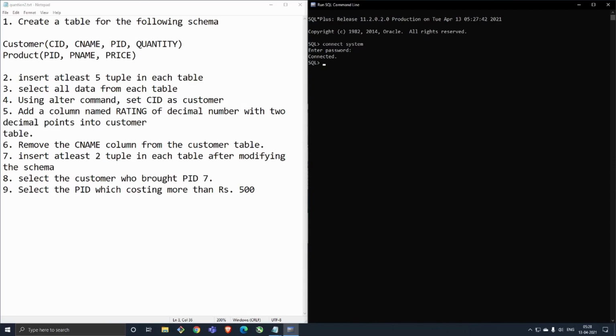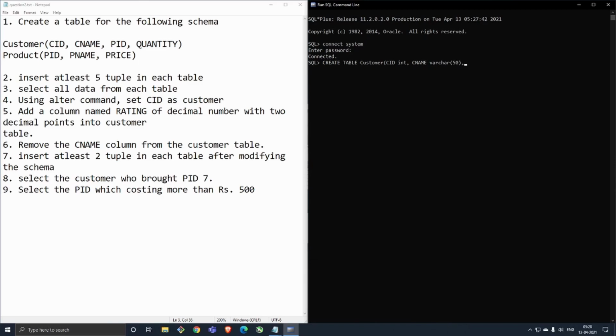Now the first question that we have to solve is you have to create a table. The first table's name is customer and the second table's name is product. Now the syntax for creating the table in SQL is just create table. So we go ahead, we say create table, and then table's name is customer. So customer, and the first is CID. Since it's an ID, it will be an integer, the data type. Next is Cname, which would have a data type of varchar